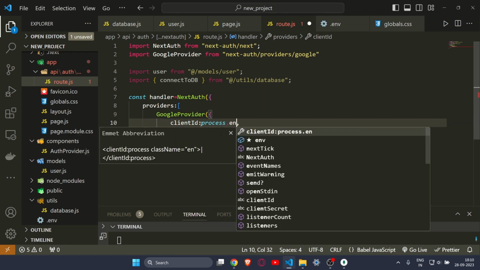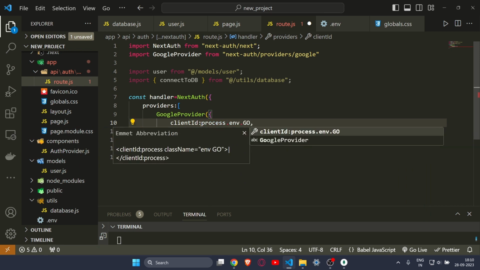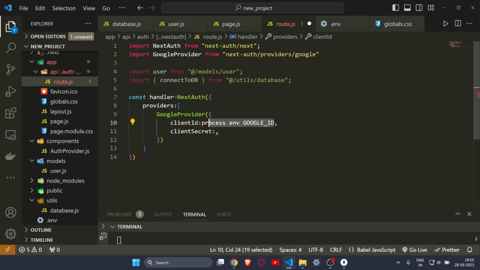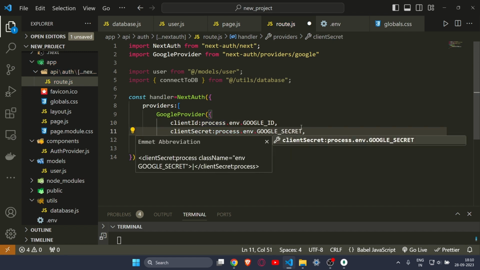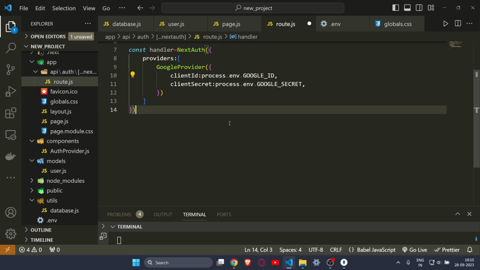So process.env dot Google ID, just like that. And similarly I will do it over here. Alright, and secret. Okay, so in this way you have got the Google ID and Google secret, and after that